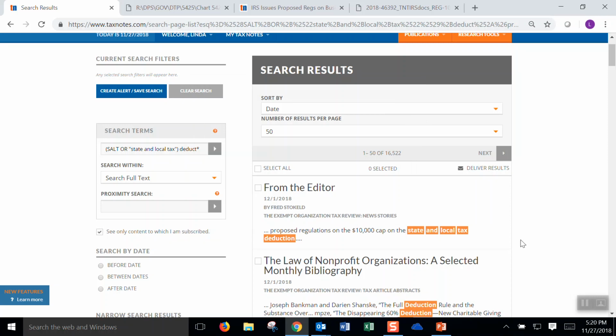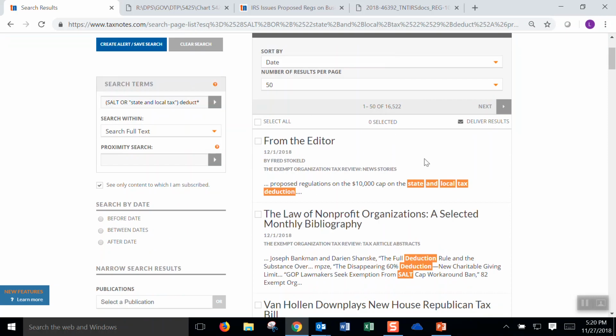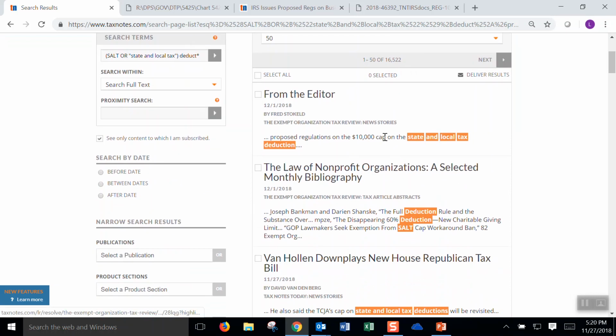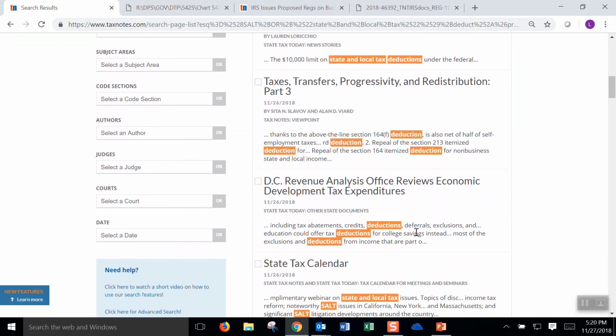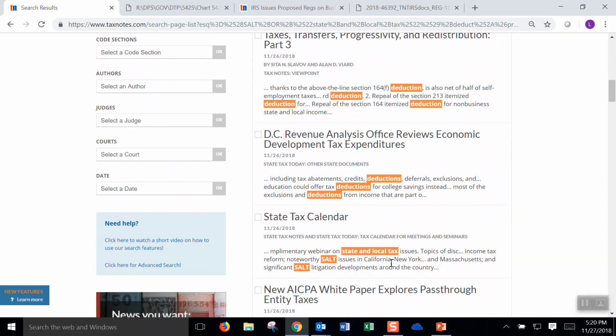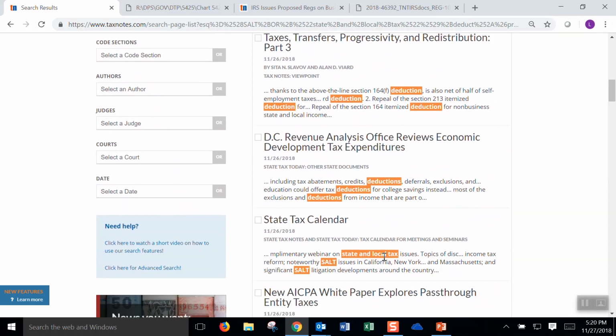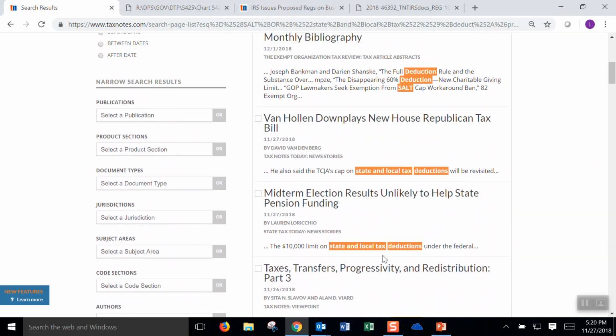Now when I look at my search results, they're in the center pane and they're by default just in reverse chronological order. You see that I've got news stories, a viewpoint here, a primary source document, a calendar event mention. So a lot of different documents have come through. To filter and narrow what I'm seeing, I can use these filters through the left rail here.